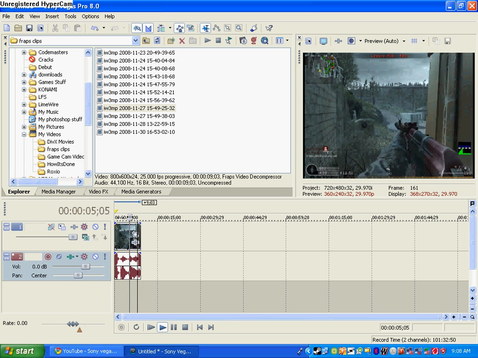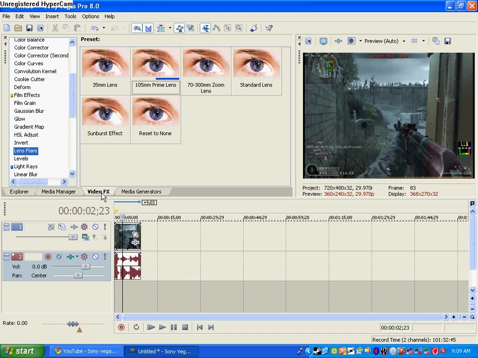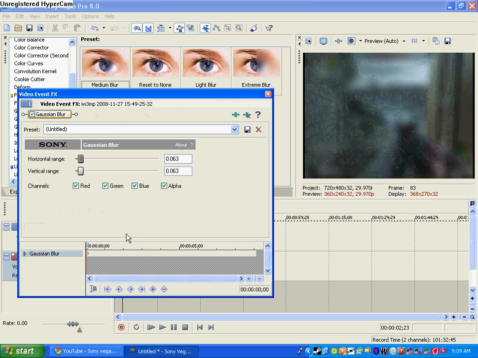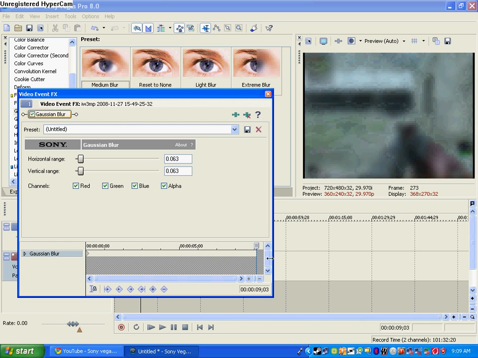Okay, now if I want to bring an effect into that, I watch the video, then pause it where I want the effect to be, then go video effects, choose the effect you want, let's say some blur, bring the blur down, and now here's your blur. We can watch the video. Okay, let's not watch it now because it's a waste of time. And you can see now it's blurring through the video.